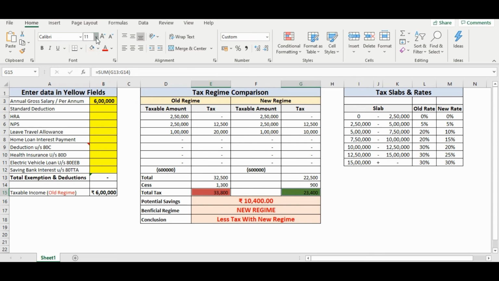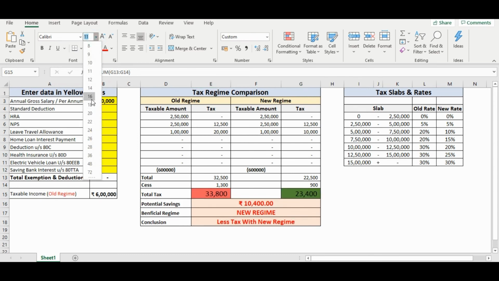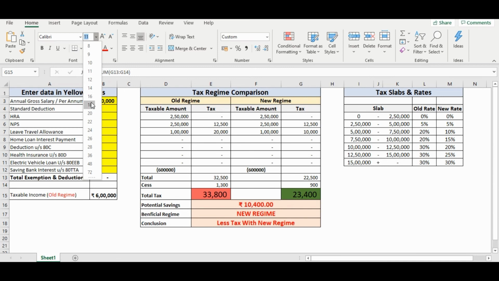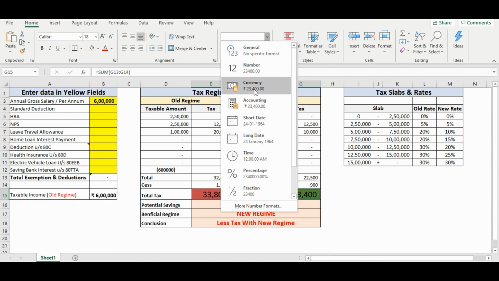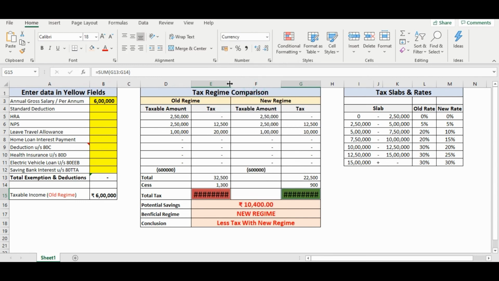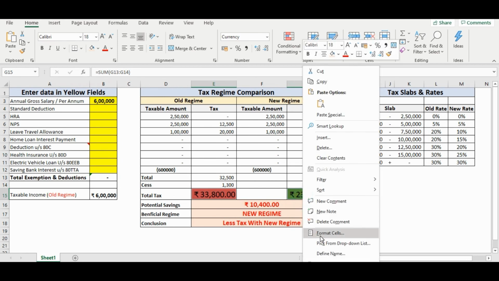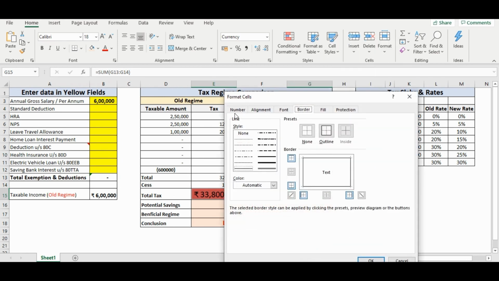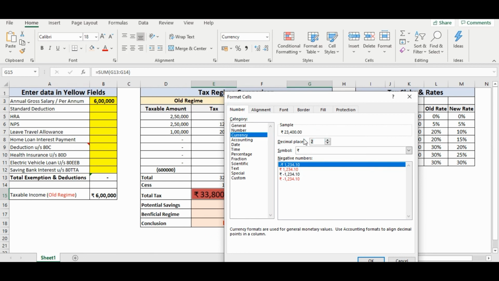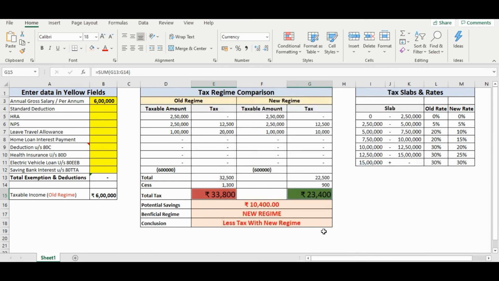Now let us increase the font size for all of this so that it's brighter. Let's make the format as currency. Let us not have the decimal. Go to format cells, choose your number, remove the decimals. Also, one last thing we can do is increase the font for all of the figures.